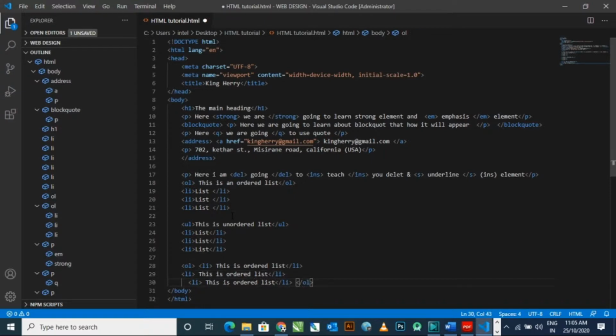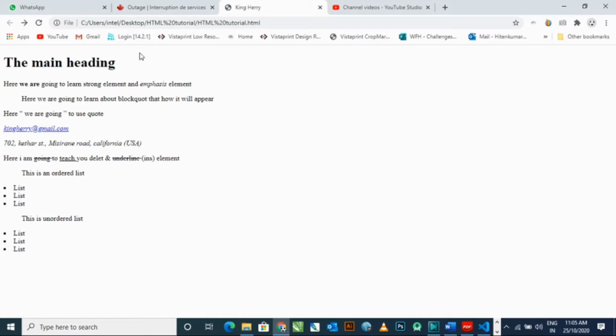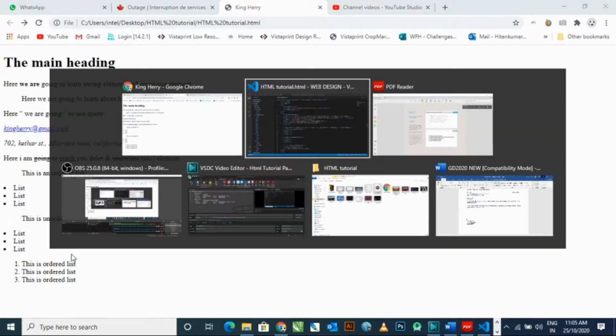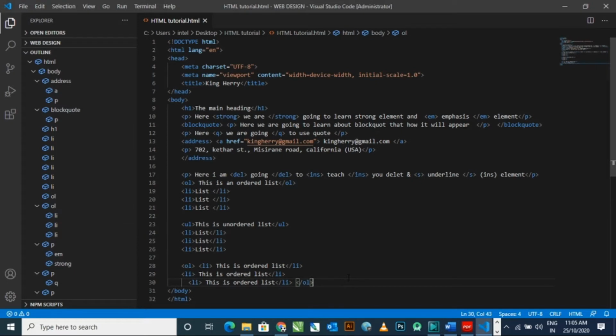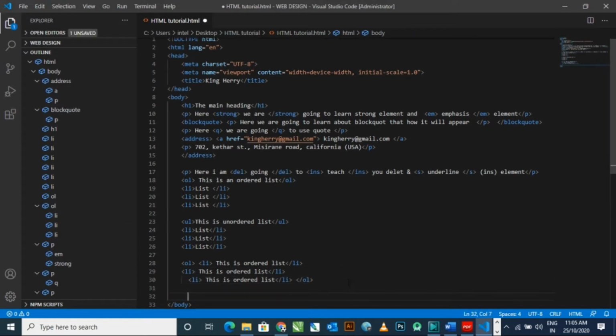Okay, close the list and Control S, and let me refresh the page. This is the ordered list, okay, 1 2 3. You will see the correct path. 1 2 3 automatically comes because of the ordered list element.